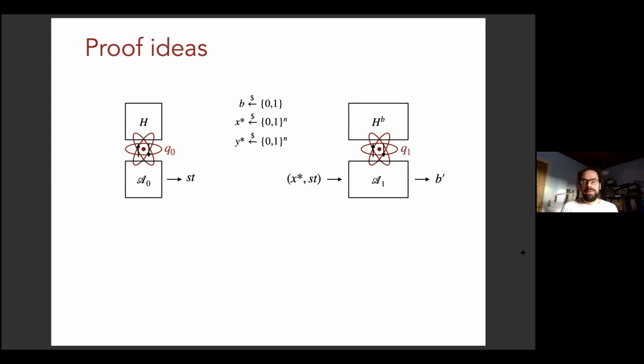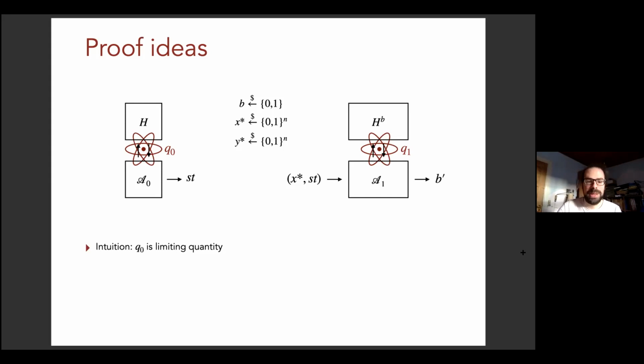Okay, so having understood this, we can look a bit closer at the proof ideas. First of all, if we look at this adaptive reprogramming game again, and if we in particular keep also the bounds and the classical bound in mind, then it becomes clear that somehow the number of queries that the first stage makes is the limiting factor, right? Somehow A0 is the algorithm that has to learn as much as possible about the function h without knowing where to look. And A1 just has to pick up the pieces in some sense.